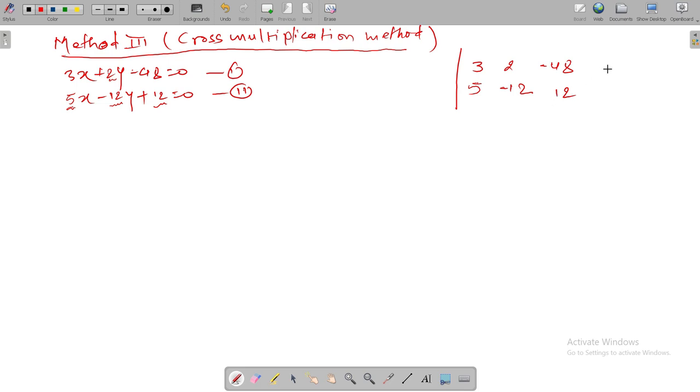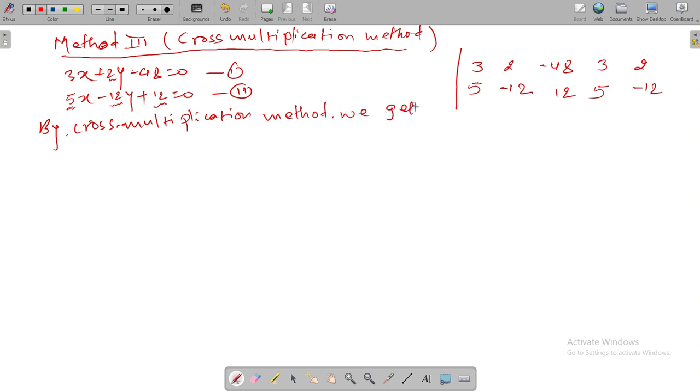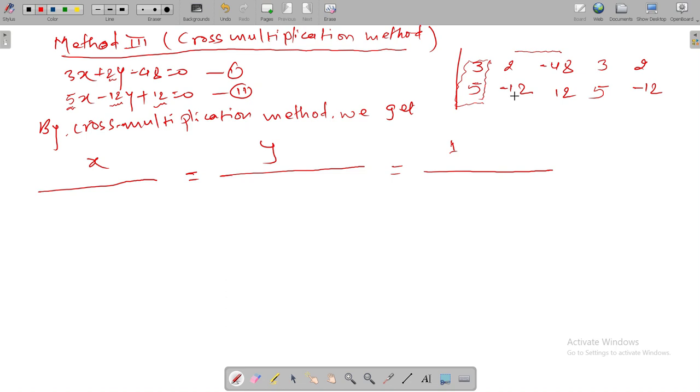Again, in the second equation, the constant is plus 12. And here, repeat the coefficients of x and y. The coefficient of x is 3, 5, and the coefficient of y is 2 and minus 12. By the cross multiplication method, we get x divided by, this is for y, is equal to, and for the constant 1. For the coefficient of x, we don't touch it. We multiply these two. This is for x. We multiply this with this,